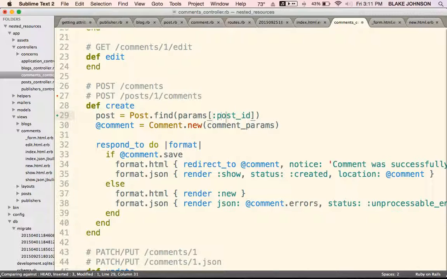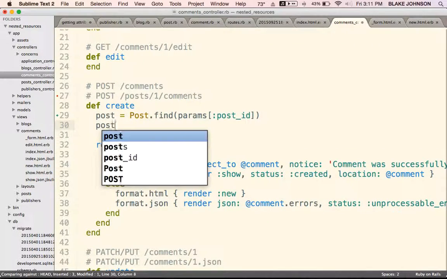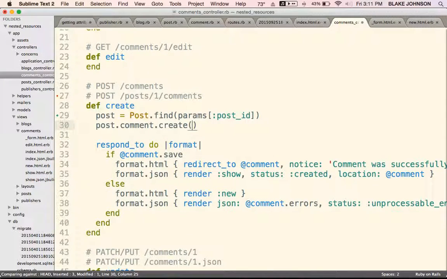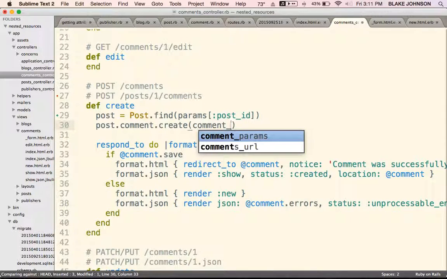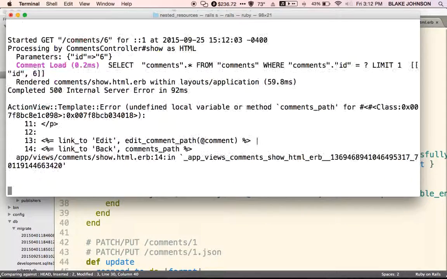And it put it in this post_id because of how we did our nested routes. And then we can say, it's not that I'm making a new comment, it's making a new comment off of the post. So this is how I create associations when a post already exists, or when the parent object already exists, using nested resources. So let me get rid of pry,